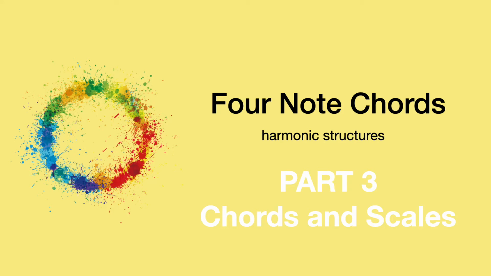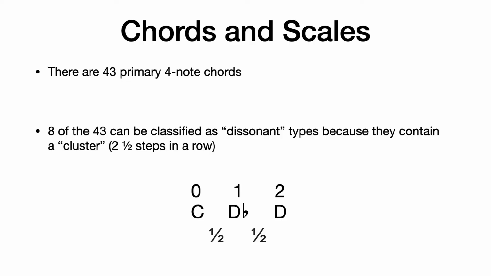Hello, in this video I'm going to detail the process of how to derive 4-note chords from the 6 tonal scales and suggest a way to organize them in order to systematically investigate them. There are 43 4-note chords that are primary, meaning that all of the other chords relate to these 43 as